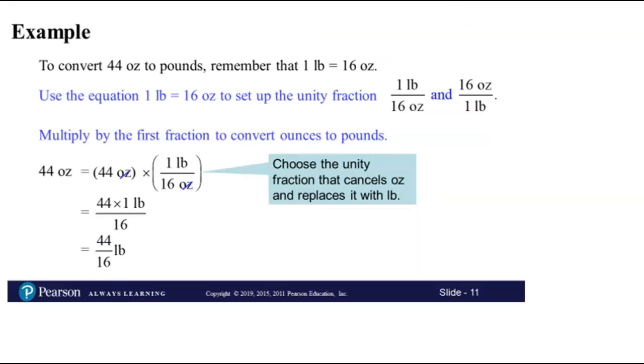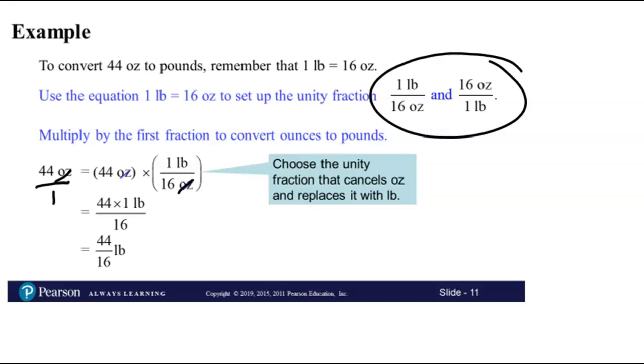So to convert 44 ounces to pounds, you need to remember that 1 pound equals 16 ounces, or 16 ounces equals 1 pound. So which one do we want to choose here? Well, let's see. 44 ounces puts ounces on top of the problem, and so that means we want to choose 1 pound over 16 ounces because ounces are going to cancel, and that says 44 times 1 pound over 16